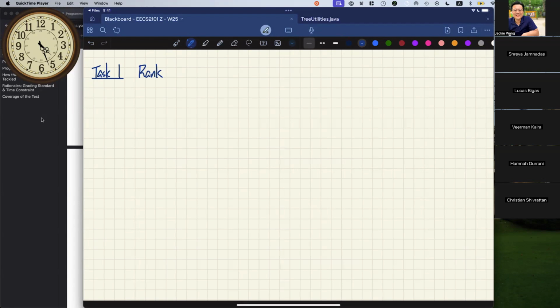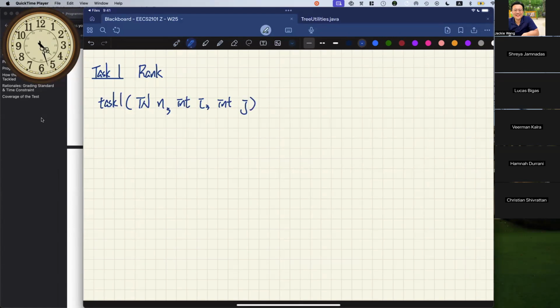So for task number one, you are given some tree node n, and also some range of the ranks, let's say i and j. Of course, you're going to return a singly linked node, so that's going to be the result chain of nodes.